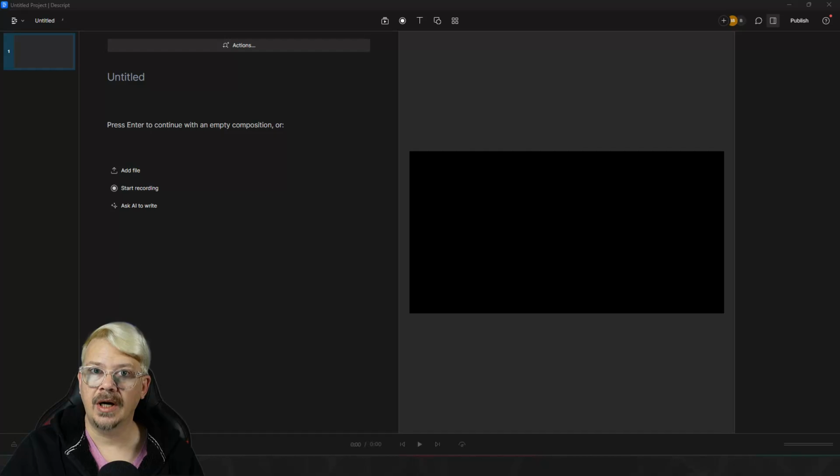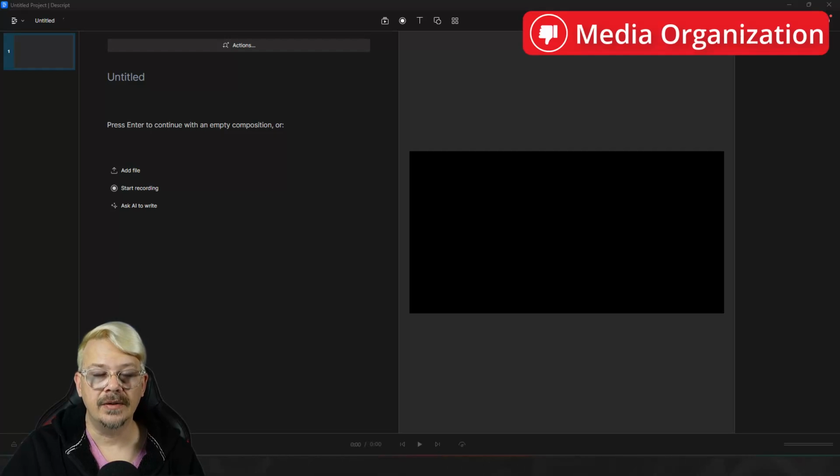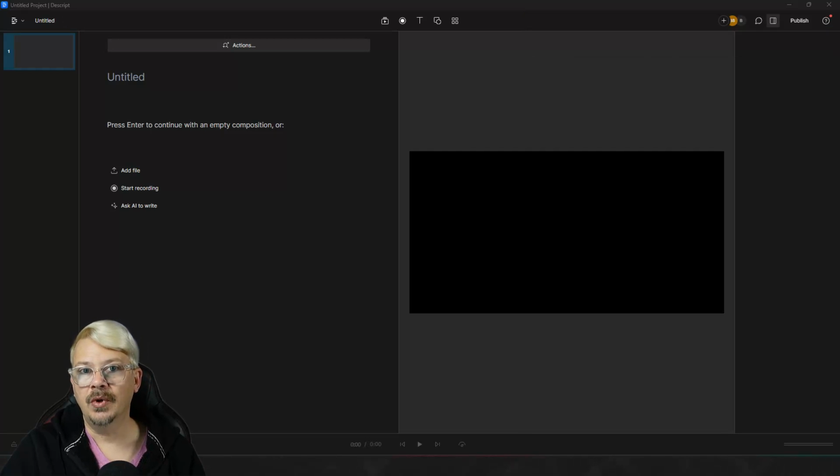Now on the flip side, there's no place within Descript that you can store and catalog and organize your media files. So if you have videos or overlays or audio sound bites or sound effects that you use in more than one project, you use them over and over again, there's no place in Descript to keep those things and store them or even really link to them, unless you decide to use Descript's templates, which is a whole other thing. It's possible, but it's kind of a pain. I'd rather just have access to a media library.